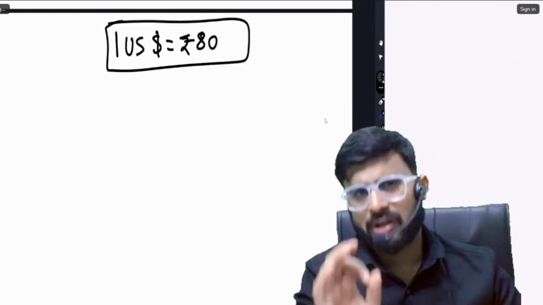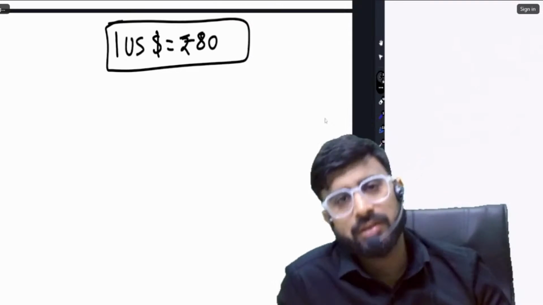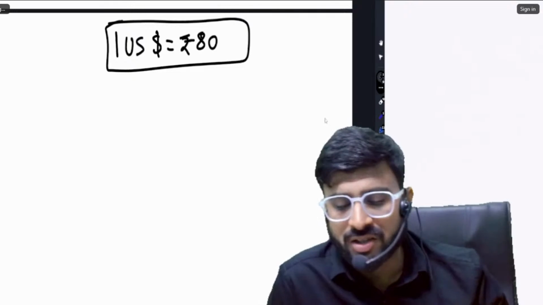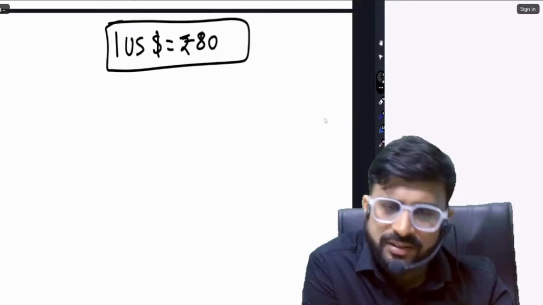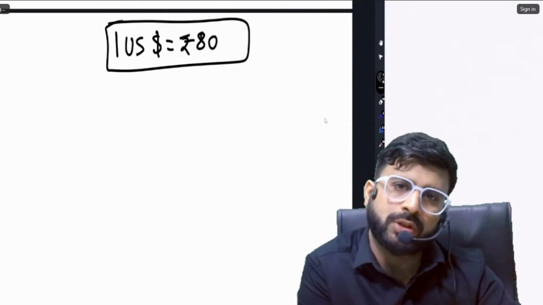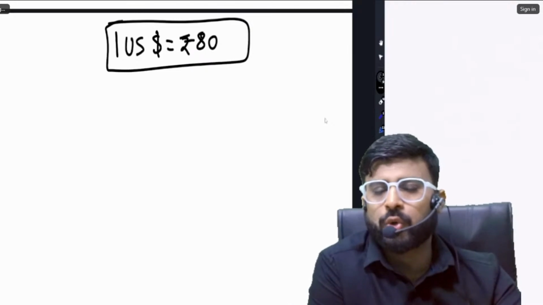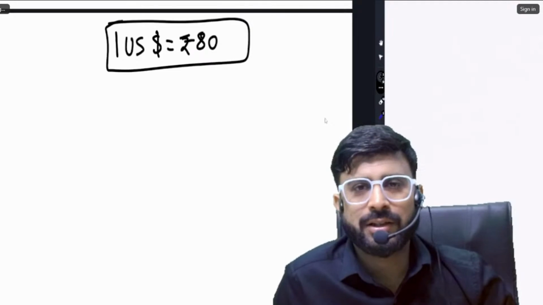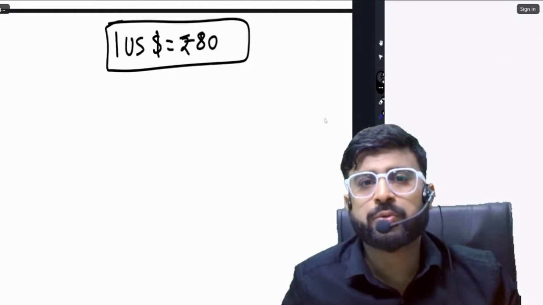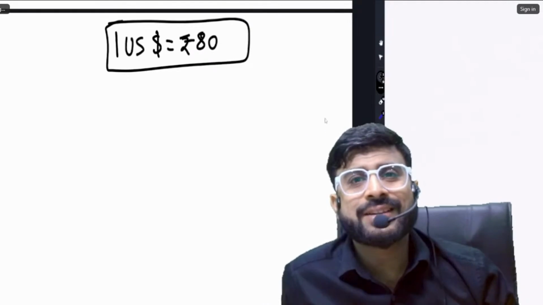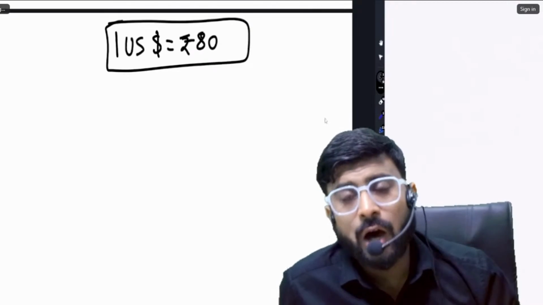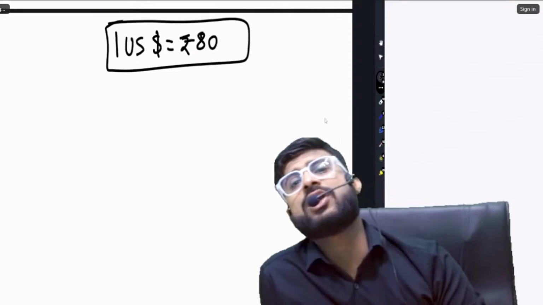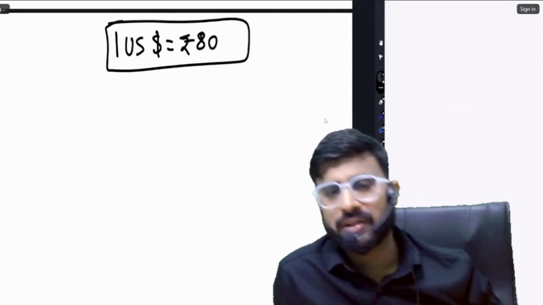Exchange rate regimes. Regimes means how they are decided. Regimes are the different concepts of how exchange rate is determined. My question to you is, who decided that $1 is 80 rupees? Correct. This is what the concept of exchange rate regime is. Regime means how was it calculated, under what system was it calculated. Regime refers to that system through which exchange rate is calculated.